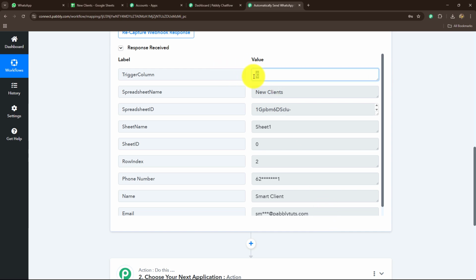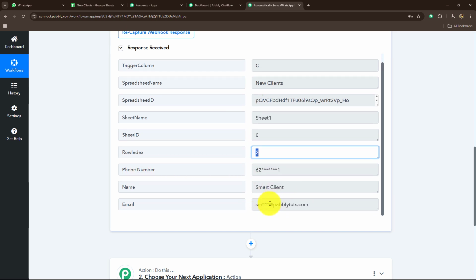So we have the trigger column that we have decided, the name of our spreadsheet, the spreadsheet ID, sheet name, sheet ID, row index. That means the number of the row which we have received in the response. We have the phone number of the client, their name and their email address. As we have received these details, now our objective is to send the WhatsApp message to the client along with